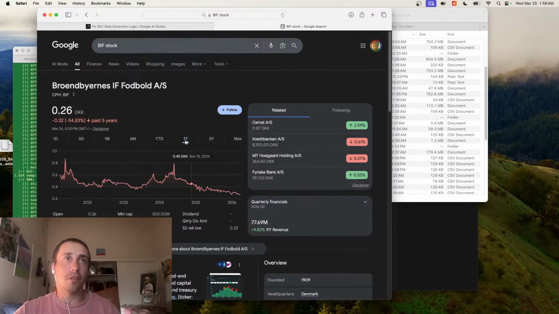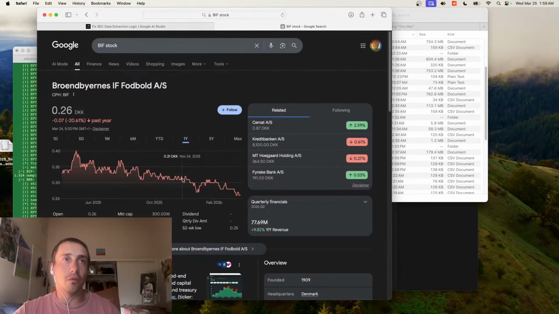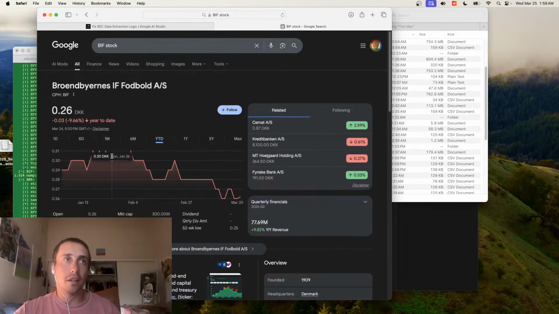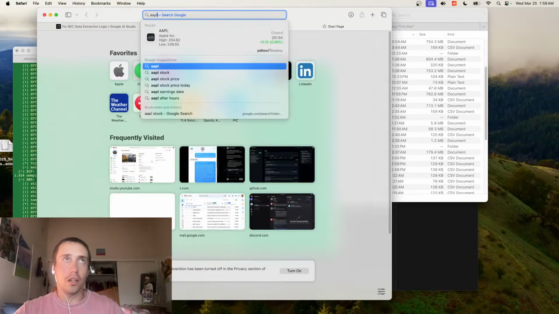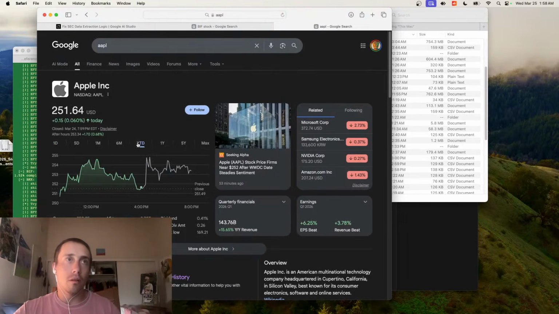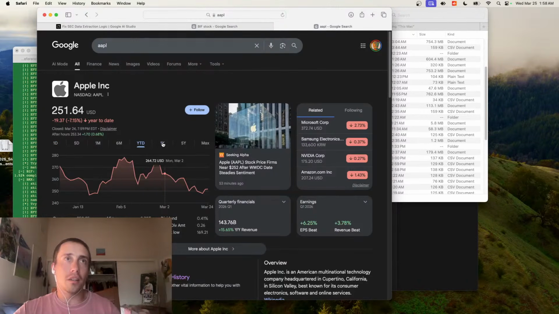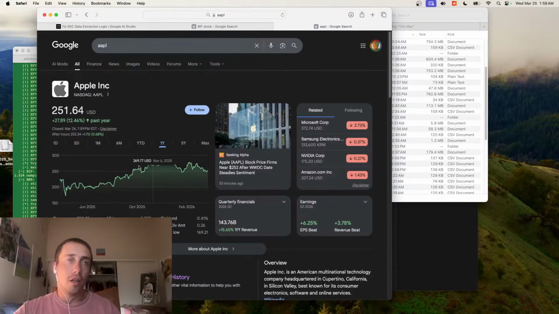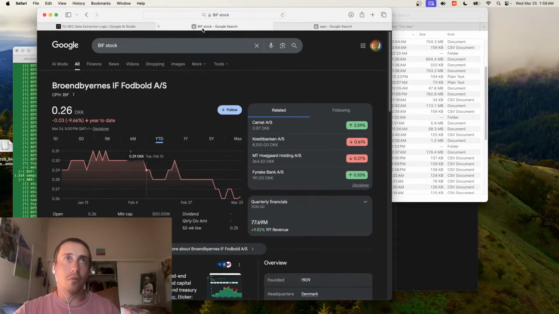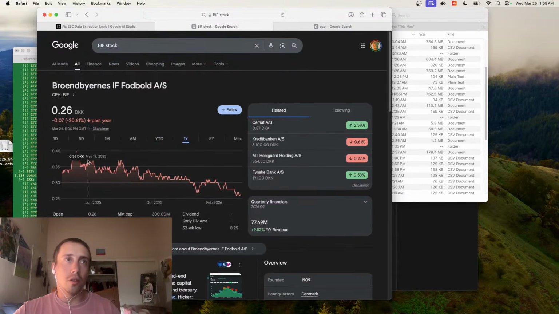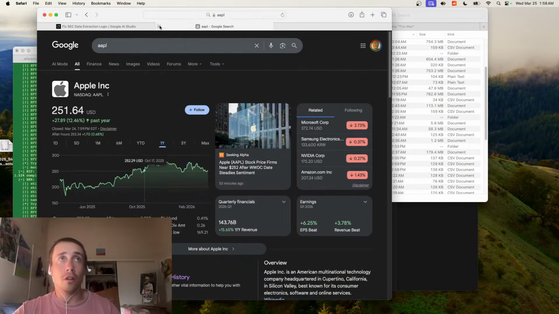This is exactly the type of thing you want to avoid. Look at this over the year. See how flat it is? It goes flat for long periods of time. Now let's pull up a high volume stock like Apple. I guess the 1 year data is harder to look at, but look. So this is never, that has that low volume problem. If we go 1 year here, look, clearly low volume. It goes flat for long chunks of time. So this is a perfect example of something you don't want in your stock model. This is something you would want in your stock model.